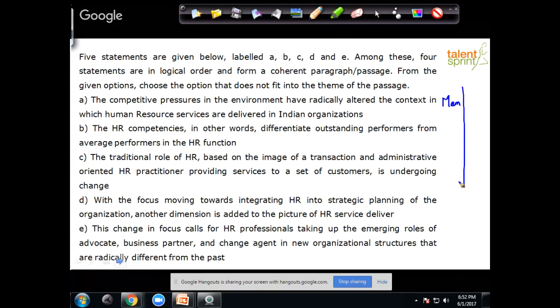So Mamta says B, Manasa says D. Give me your reasons. Why? How? Yes, Monica, you can. All our sessions are archived, so you won't miss anything. I will give you another 30 seconds. You tell me why this is the odd one out. Both Mamta and Manasa, why did you choose this as the answer?